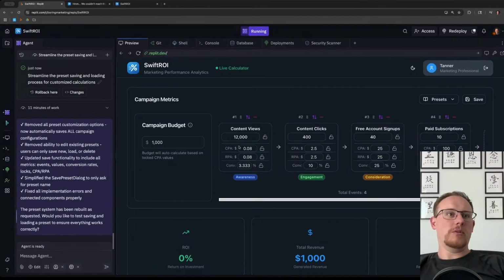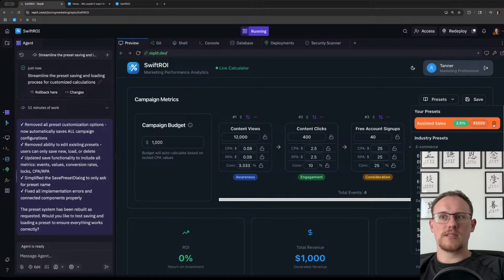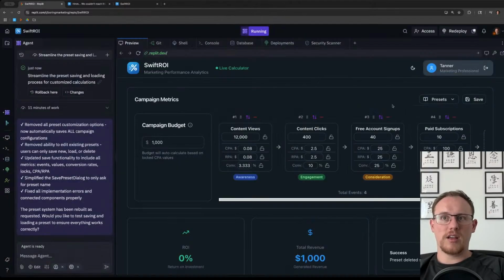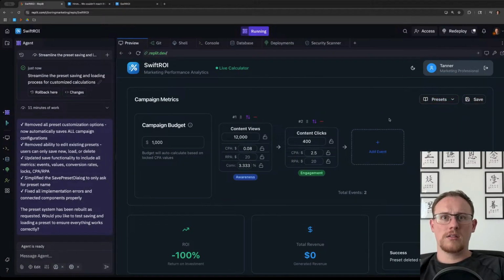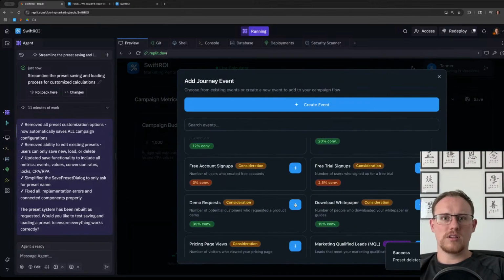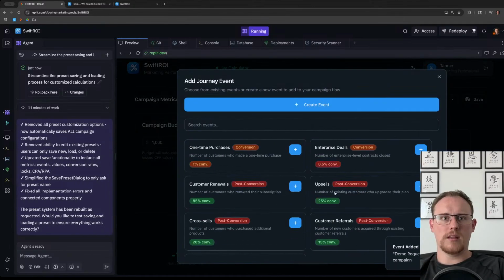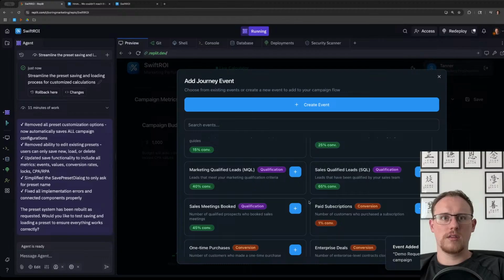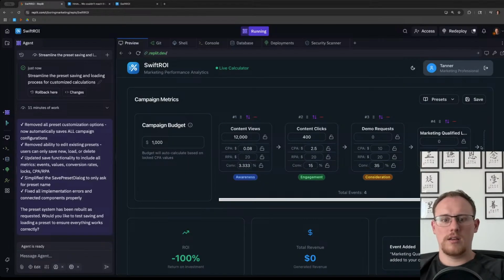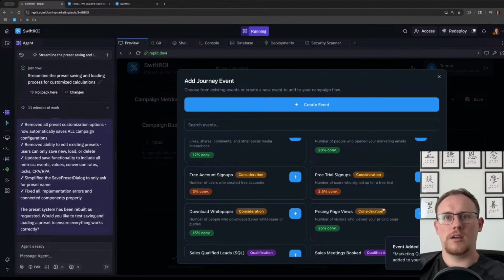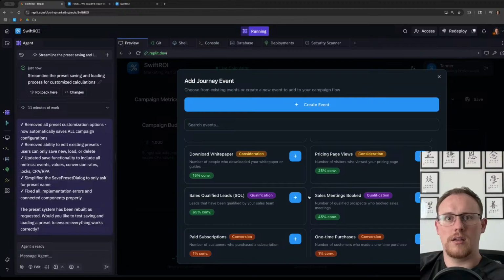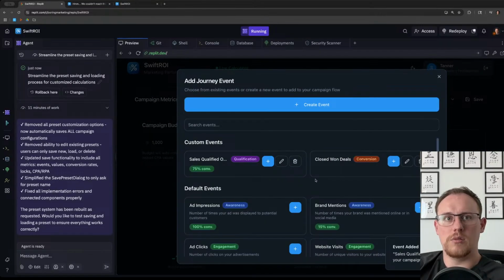All right, here we go. Removed all preset customization options. Let's refresh. Let's see how it goes. Presets, assisted sales. So the edit button's gone. That's good. Let me start fresh again. So we go to demo requests, and then MQL, and then SQL, SQO,